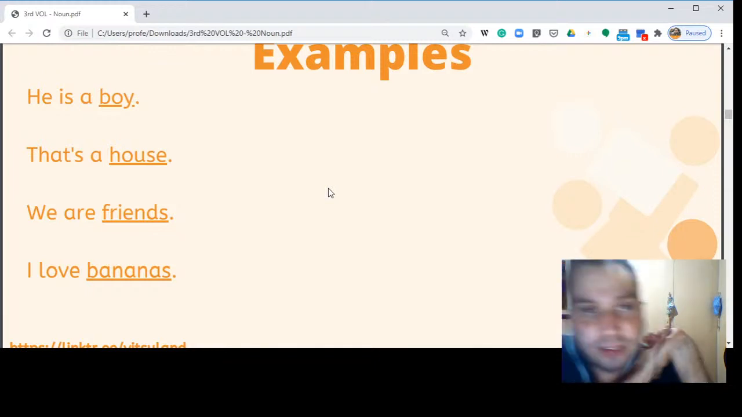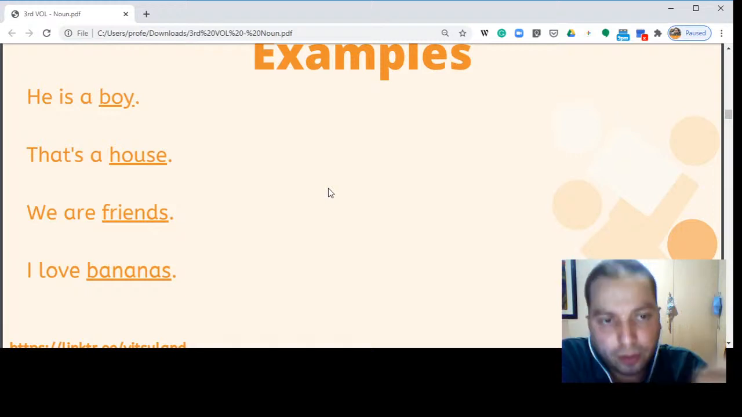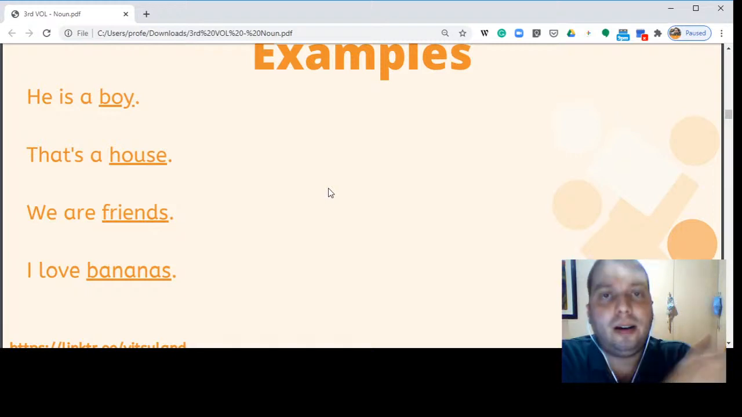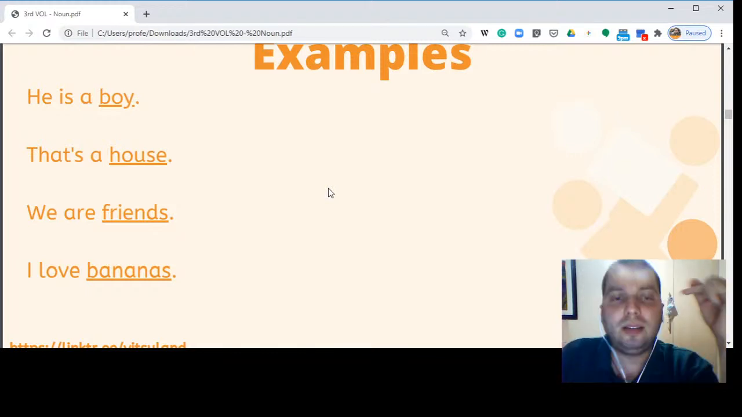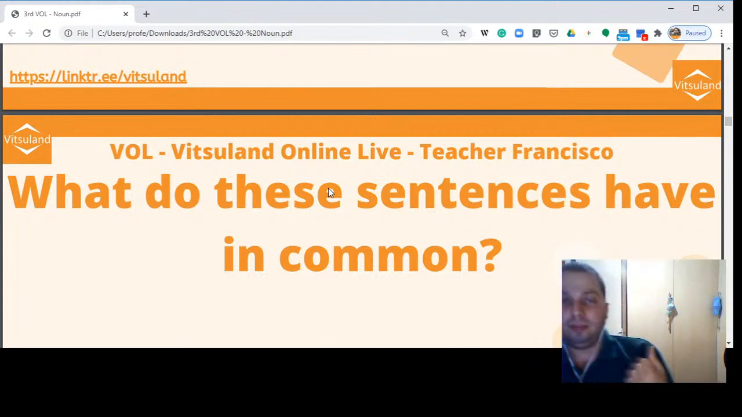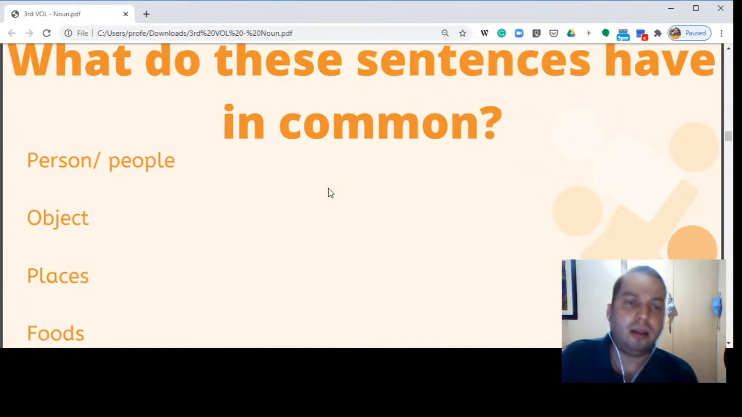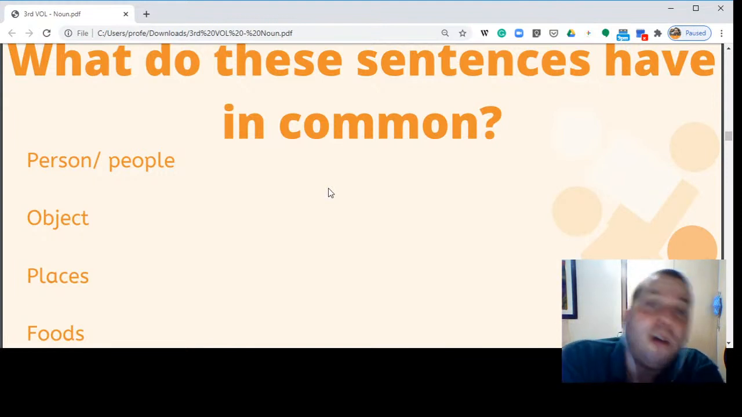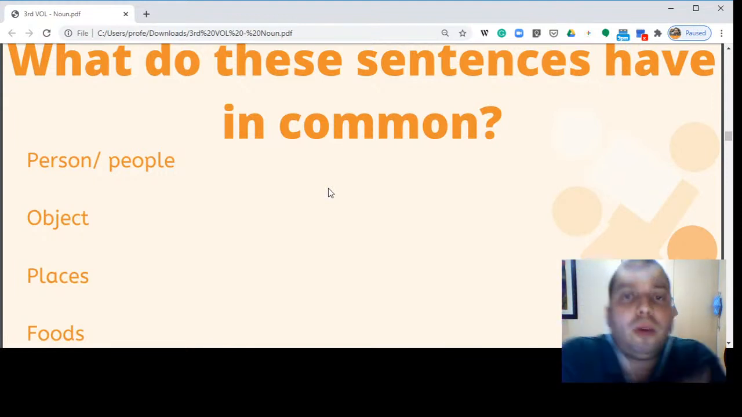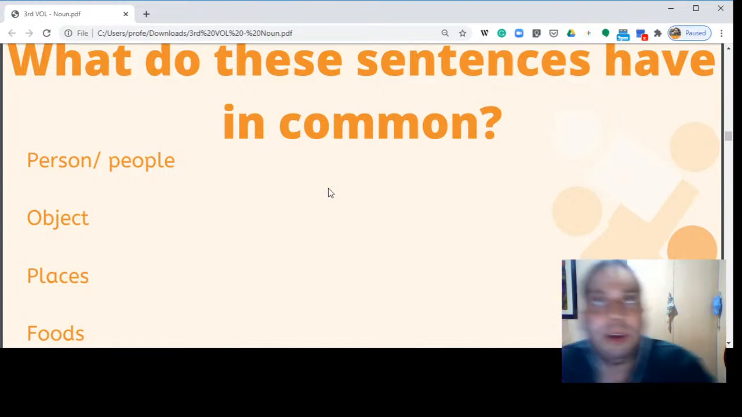And you can just notice that every sentence has a highlighted word or an underlined word. Okay, so in this case, what do these sentences have in common? They all have a person or people. They are just referring to an object or maybe places, foods, and that's what we call nouns. These words represent a person or some people or an object or more than one object,